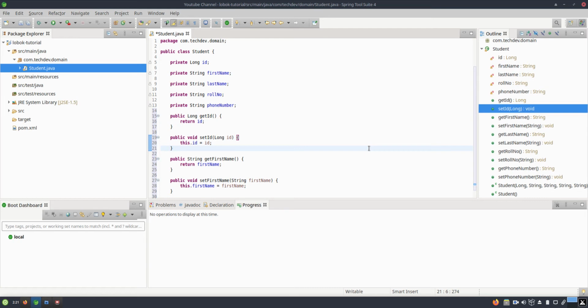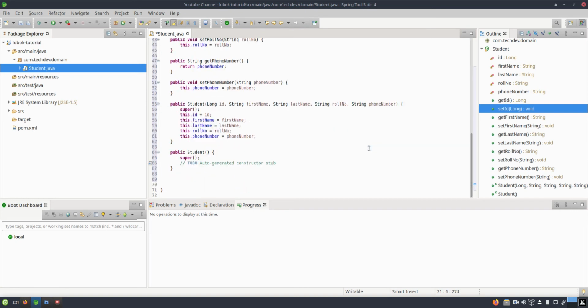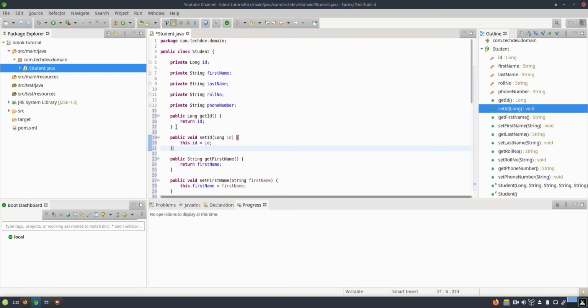It will be very problematic to create getters and setters for additional properties if you add them in the future. And not only that, the readability will not be good if you have hundreds of properties in a student class. So let's see how Lombok helps us with this problem.